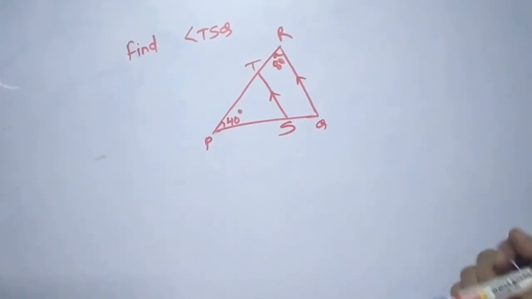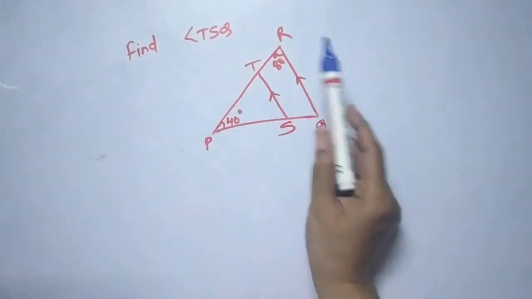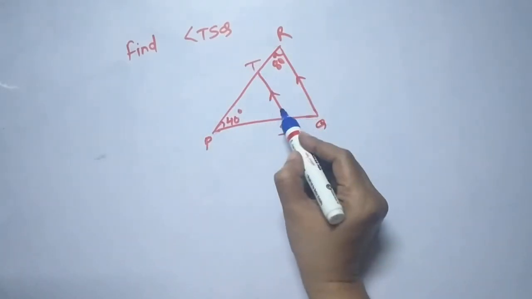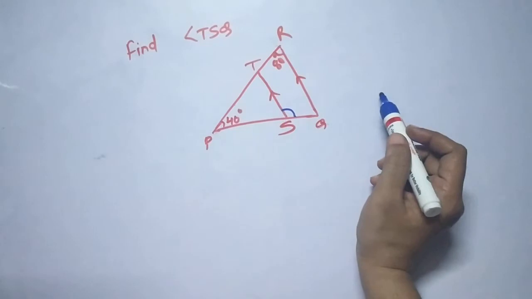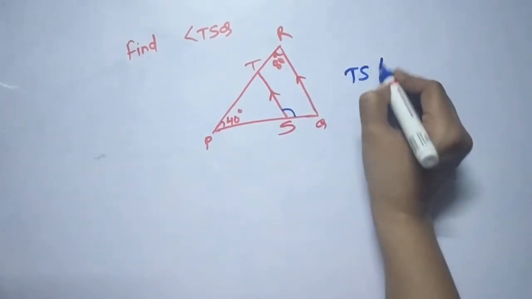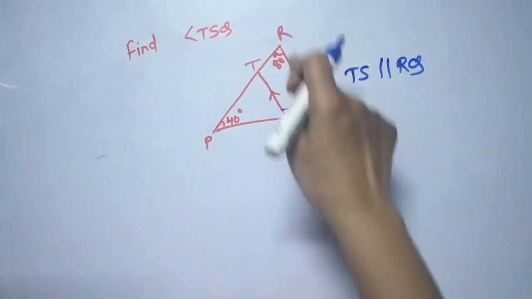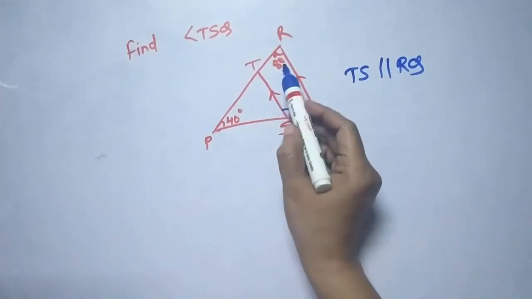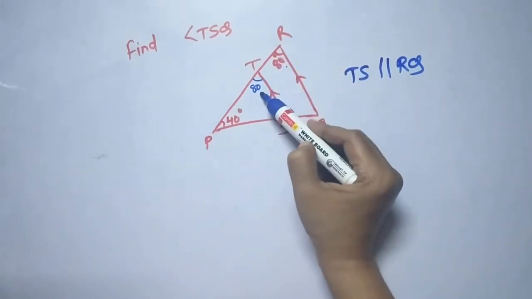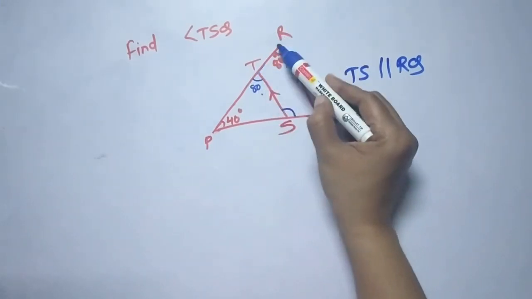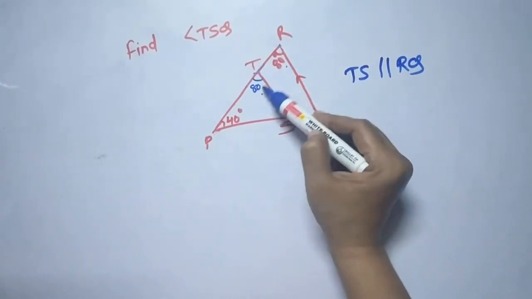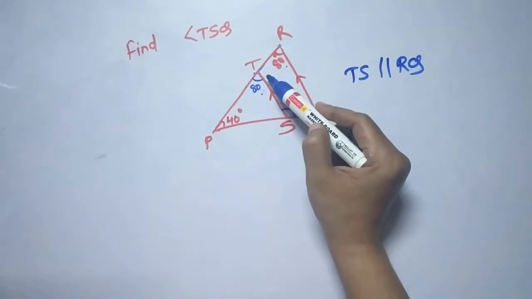So friends, now we need to find out in this question, this diagram is given, angle TSQ. So this angle we have to find out, angle TSQ. So friends, if you notice there, TS line is parallel to RQ line here. And we can get this angle also as 80 degree. Why? Because corresponding angles. This is a transversal line cutting these two parallel lines at two different points, and these are below these lines and on the same side of the transversal.